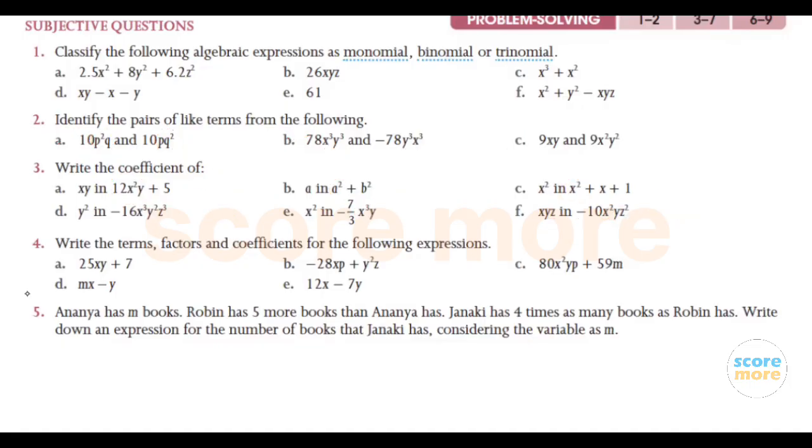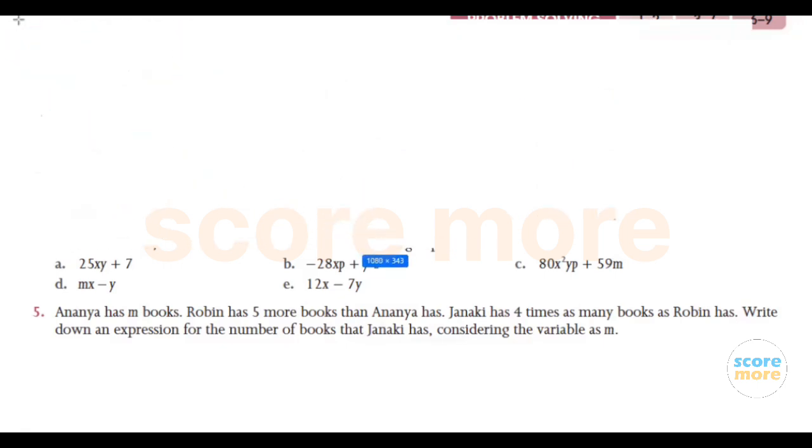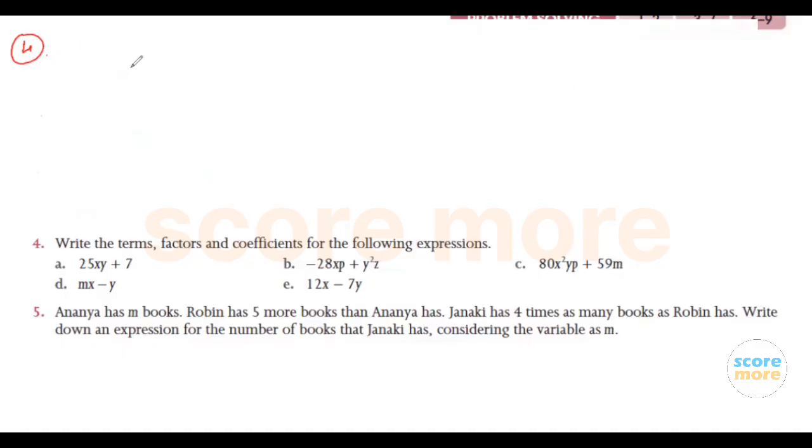Question number 4 is write the terms, factors and coefficients for the following expression. So we need to create a table for this. So in this case, now question number 4. In tabular format, what we are writing is, first of all, algebraic expression. Afterwards, we are writing terms, then factors and its coefficient. So first one is, or A part is